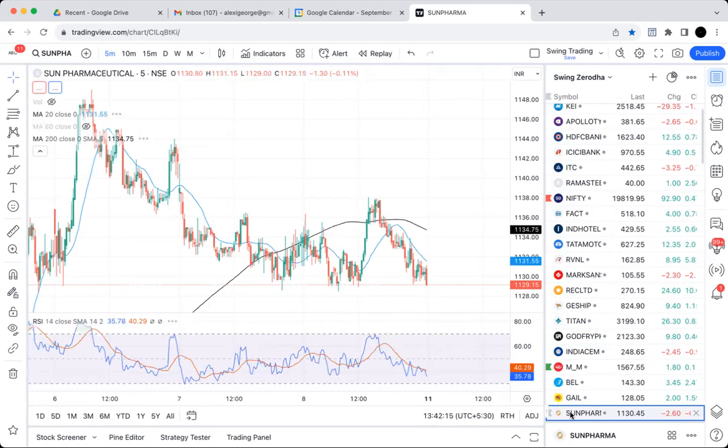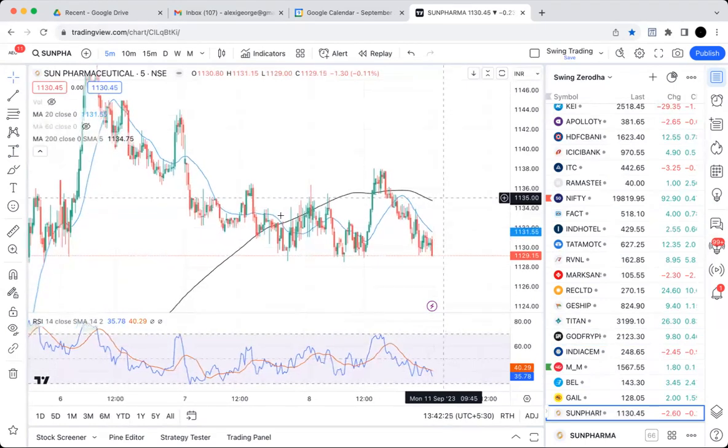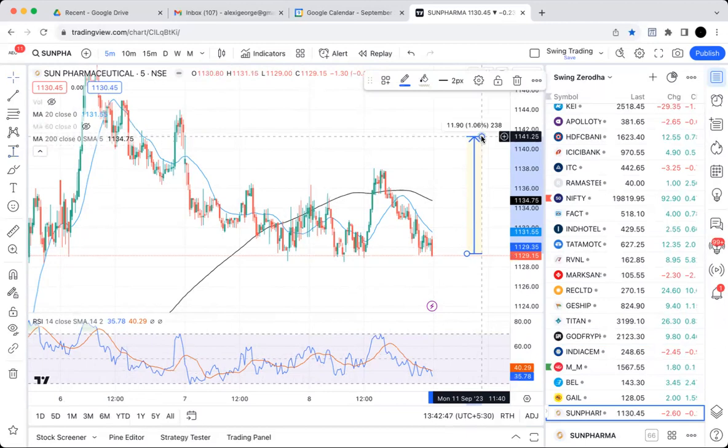Okay, here's Sun Pharma with the 220 below the 200, and the 200 is pointing down as well here. The RSI is not high, so it could reverse back up again. Let me see if a 1% is possible. If my entry was right here at the last close, look at that, 1% would take it all the way up to here, so the probability that it could go up is less, but we don't know. We don't know. The reason I say that is that the 20 is beginning to